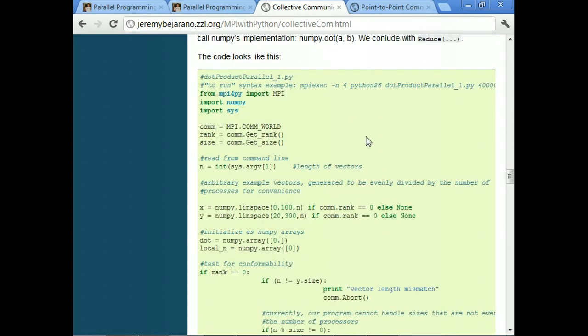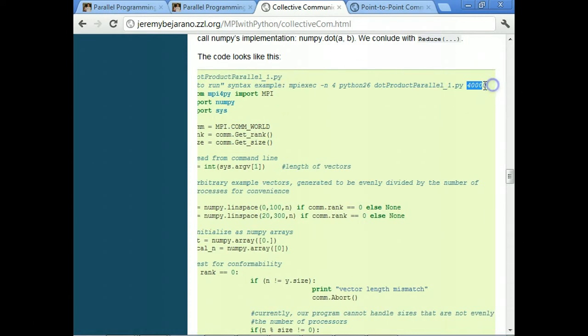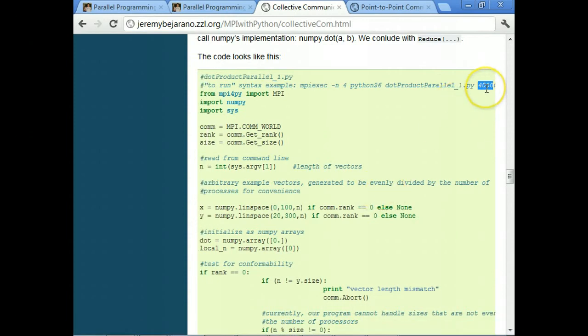So I've set the code up in this example. You can input the size of the vector that you'd wish to compute, as well as the number of processes. And then for the vectors that I'm going to be computing, they're going to be evenly spaced between numbers that I chose arbitrarily. So I'm reading from the command line how long I want the vectors to be, and then I'm using linspace and putting those in here. So they'll be evenly spaced between these numbers.